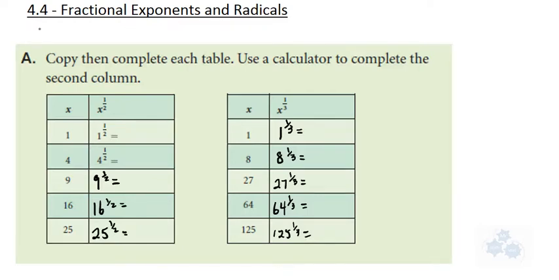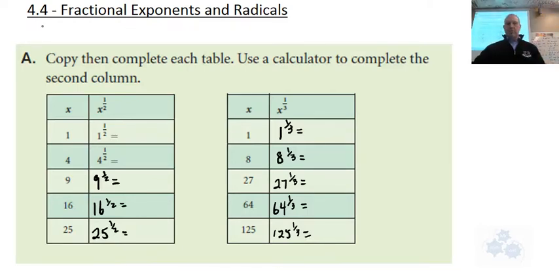Okay, so section 4.4, Foundations of Math 10. I asked you to fill out this chart, and so we're going to go through it here real quick. And hopefully you're seeing some patterns here. What we're going to do is use this to explain, or to begin to explain, how fractional